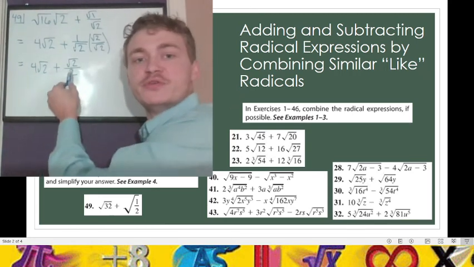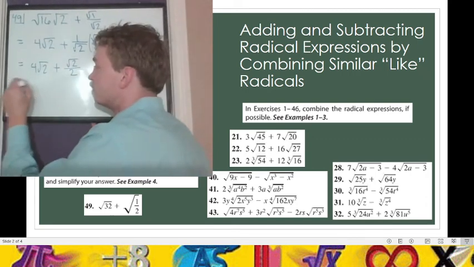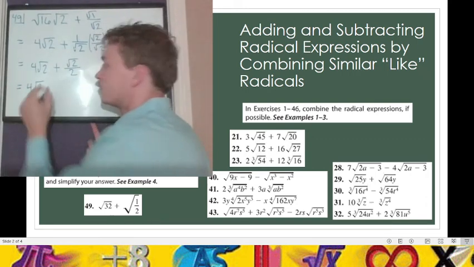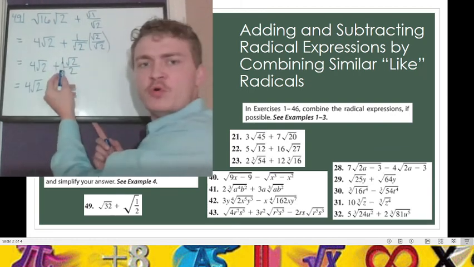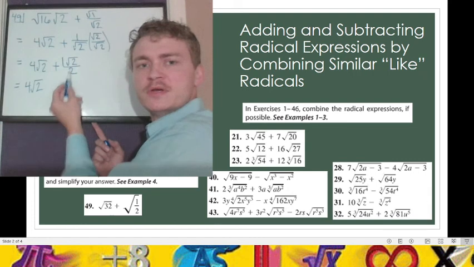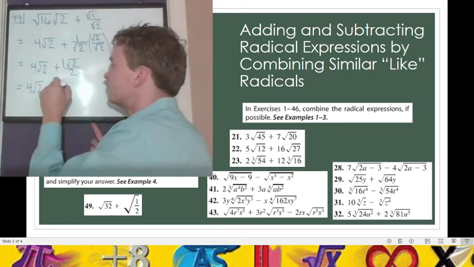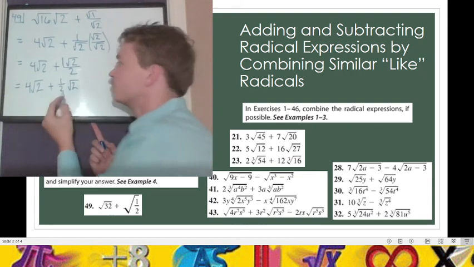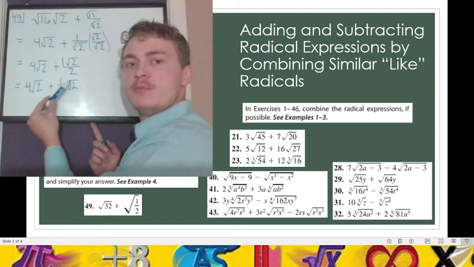The square root of 2 divided by 2, if we want to write this in terms of the square root of 2, how many square roots of 2 do we have? Well, we have 1, but we're dividing it by 2. So how many square roots of 2 do we have? We have a half of a square root of 2. In other words, taking that 1 here and that 2 and writing it as a fraction,